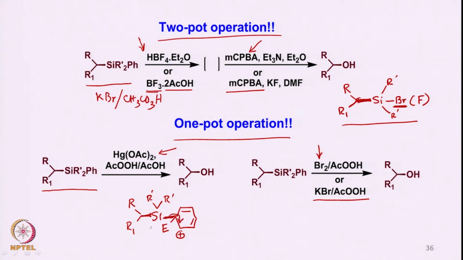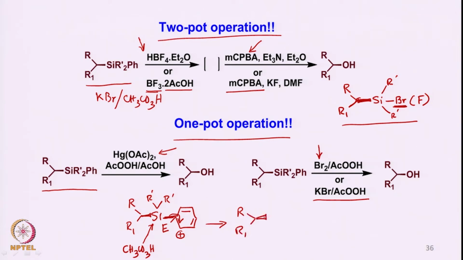In the process, this silicon is attacked by the peracid that one uses, say for example CH3CO3H. So your peracid attacks onto this silicon in the same pot, leading to the corresponding intermediate which is